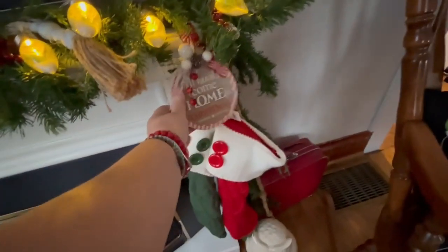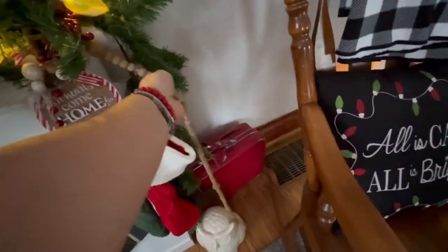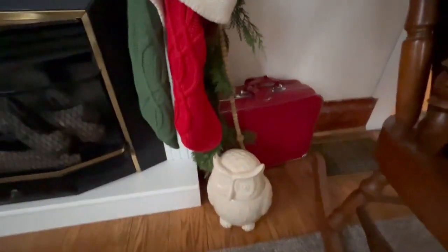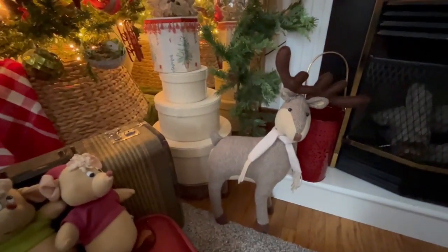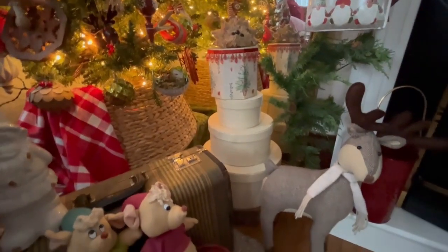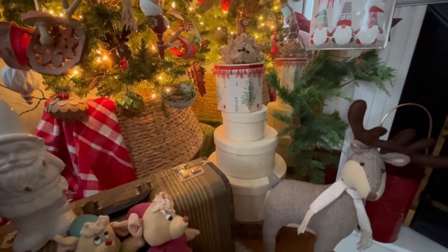These were just, I think, ornaments, and I just added some beads to them to make them more like something you could hang, and just hung them there. The little owl is a cookie jar I got at Goodwill, and the cute little red suitcase, also a Goodwill find. I think I got this little deer. He was this year, wasn't he? Yeah, he was. And that stack back there of the burlap was a this year find at